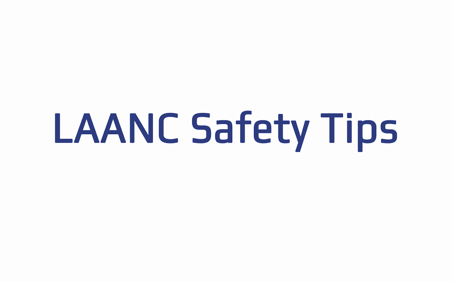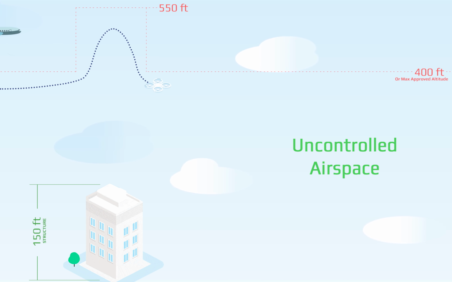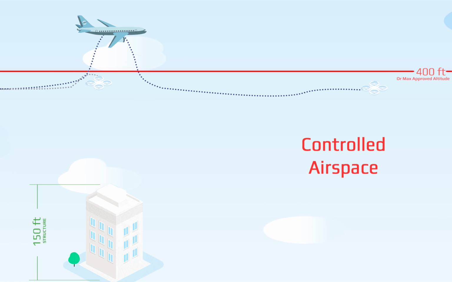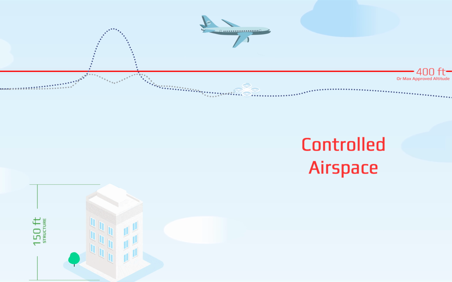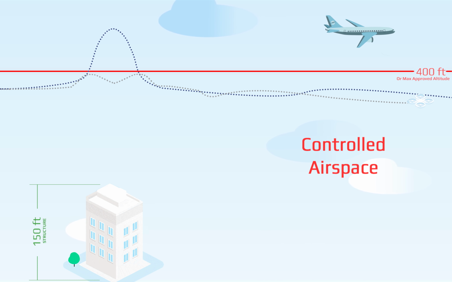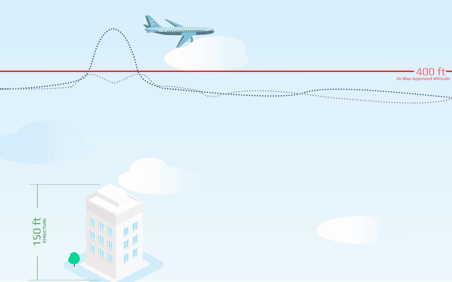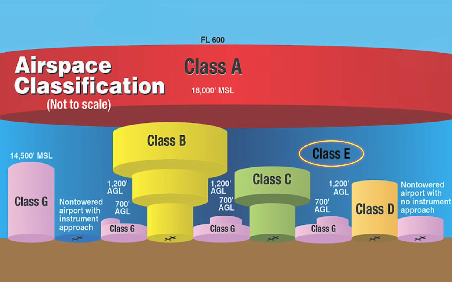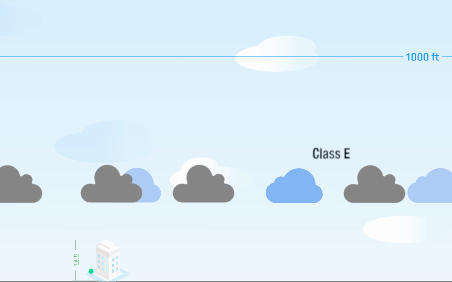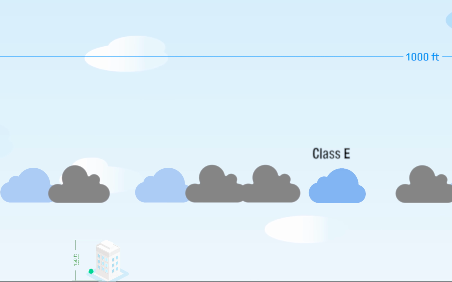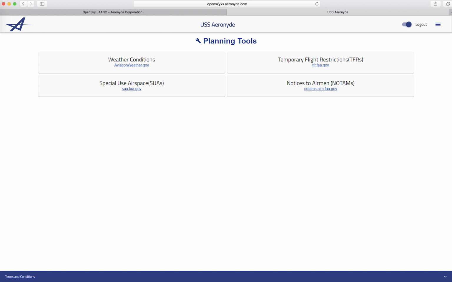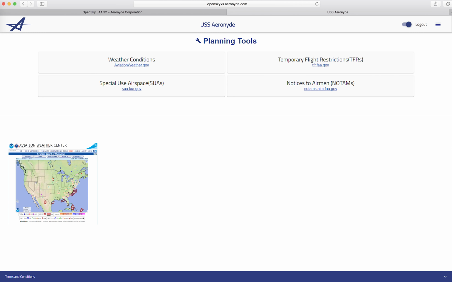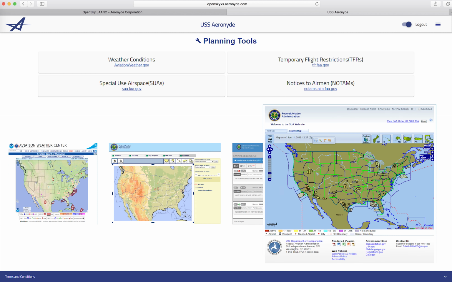LAANC safety tips. Unlike flights in uncontrolled airspace, altitude limits in controlled airspace are absolute values above ground level, which shall not be added to the height of any structures. This helps to prevent collisions with low-flying airplanes that are taking off and landing at nearby airports. Operations are not authorized in Class E airspace, where there is a weather ceiling less than 1,000 feet above ground level. So remember to use Aeronyde's free planning tools to check local weather conditions, TFRs, NOTAMs, and SUAs an hour